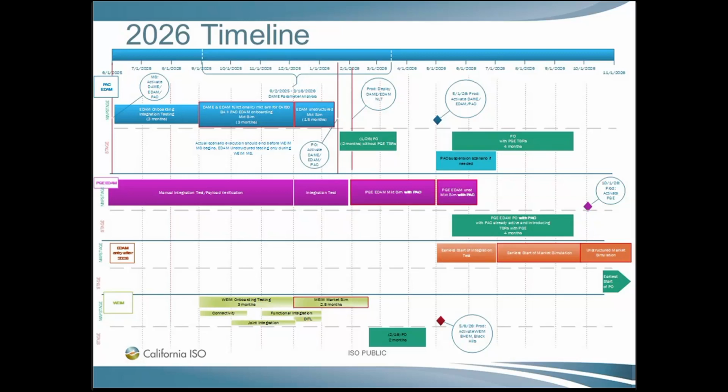So 2 months from today will be the start of, and I actually believe it's the second because the first might be a weekend, but that will start the EDAM onboarding integration testing, which for other implementations we also consider connectivity testing. So it's basically an expectation that the interfaces for DAM and EDAM will be available in MapStage for testing starting 6/1. So we'll have more information coming before the June 1st date to confirm what is available